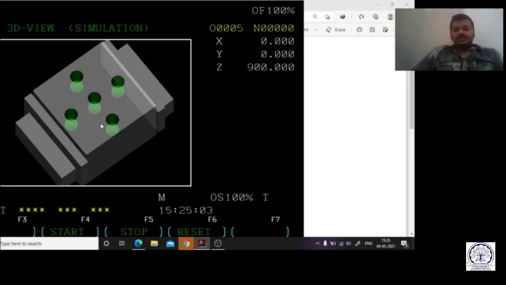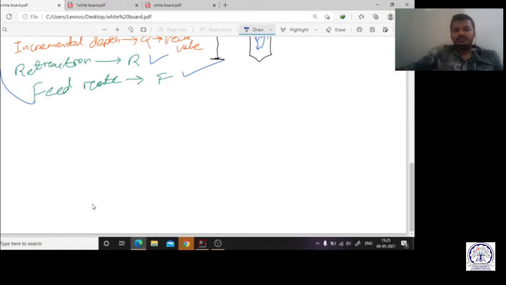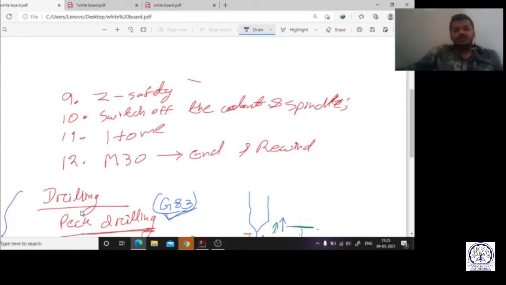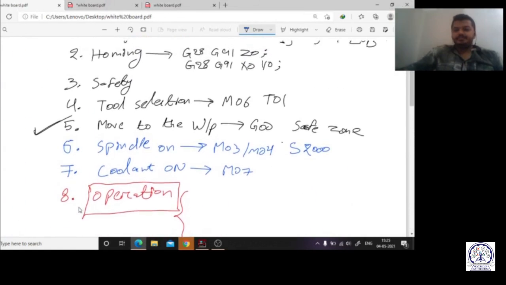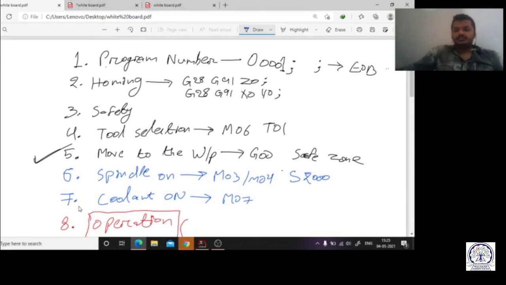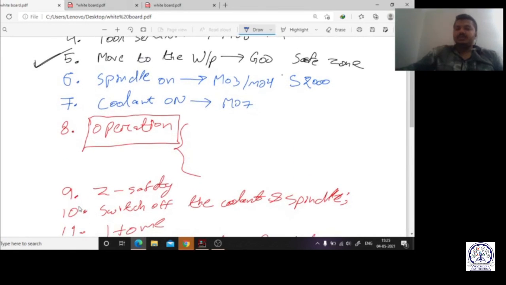So what is my motto is, generally we came to know about how to write a program, what its format is. Okay, so in every type of CNC machine we are going to apply them. Okay, so these are the steps we have to follow in any type of operation. It is not only for the milling operation, we can go for the drilling, we can go for the turning also. The same operation, the same steps are going to be followed. So I hope guys, all of you can understand how to write a program and how we are going to implement it. So thank you all of you.